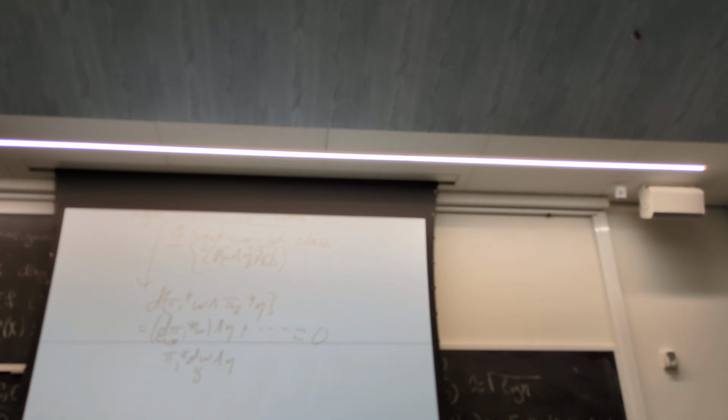Now we have to show two things. First, that we get every cohomology class, and second, that this is not zero. This one is a bit easier to show. Essentially, what you do is